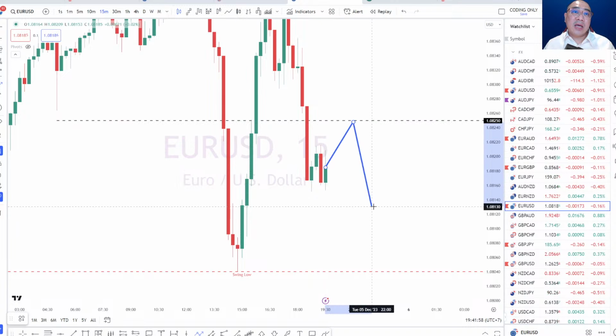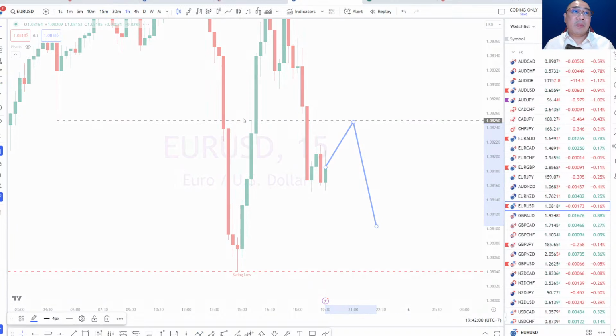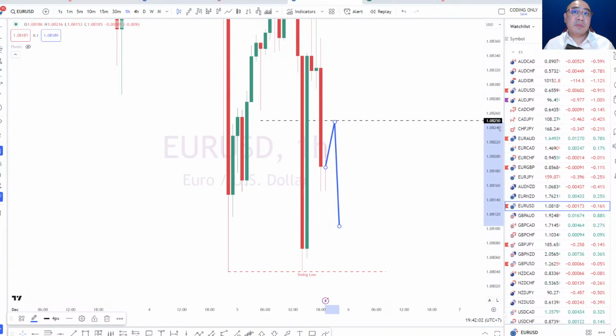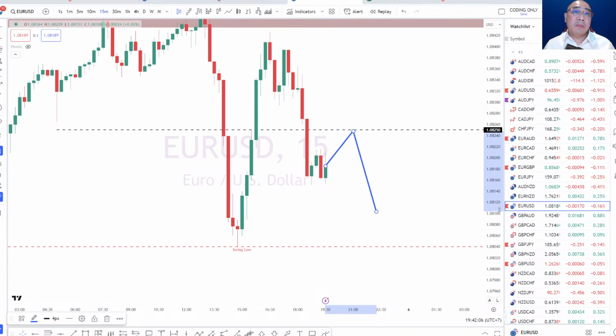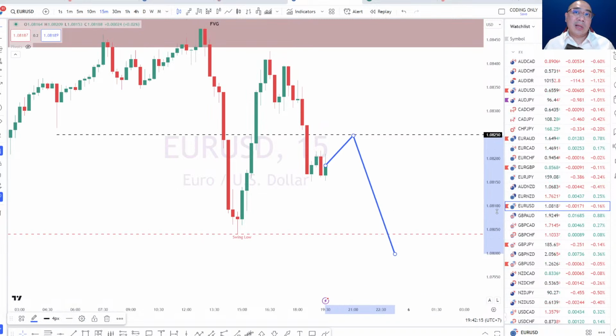If it fails and doesn't exceed the fair value gap that we have on the hourly time frame, even though it's small, there is a potential for this to become a rejection in the market, and we could see more of a trend continuation. We might even have a potentially new break of structure in the Euro USD, and that's how we compile everything. Probably tomorrow we'll take a look at more of these examples where we add on stuff and try to frame where the market actually wants to go.